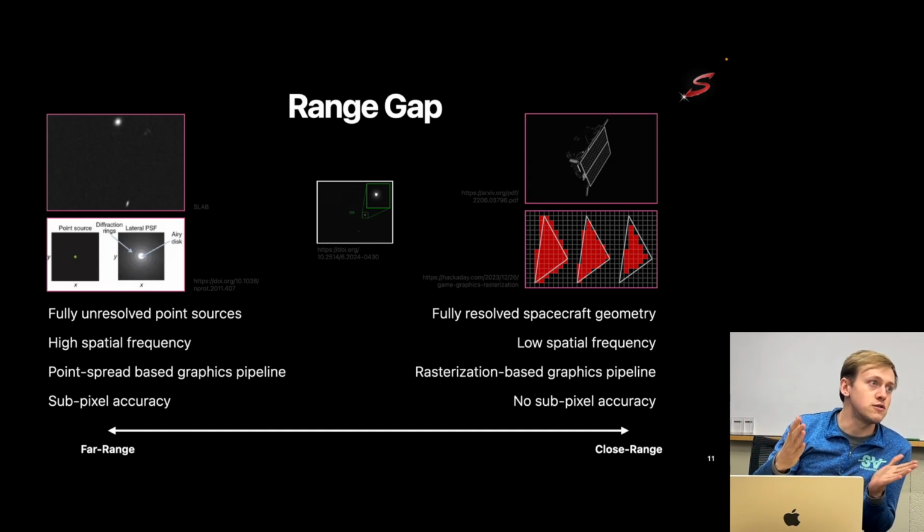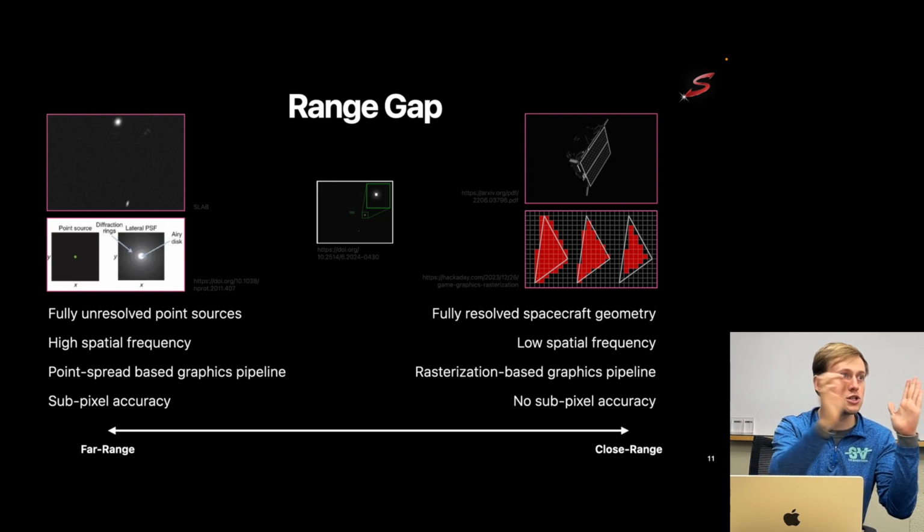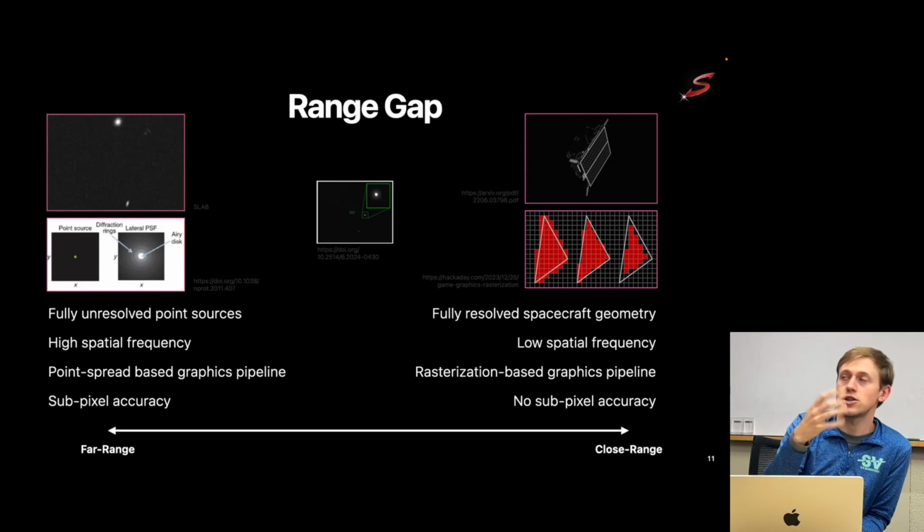It's at a low spatial frequency, so the ratio of the spatial size of details on the spacecraft to your sampling frequency, aka your image resolution, is large. So you can actually directly rasterize spacecraft details using typical graphical rasterization pipelines. We don't worry about subpixel accuracy because we're more interested in neural network-based architectures where we're identifying macro scale features